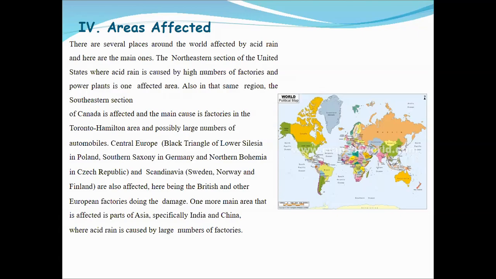So in mainly agricultural countries, where agricultural activities are more than industry, there is less acid rain severity. But where agriculture is less and industrial activities are higher, the pollution will be higher, and if the population is higher, the vehicles are higher, then the environmental pollution will be higher and acid rain will be there. Okay, so one more main area that is affected is a part of Asia, especially India